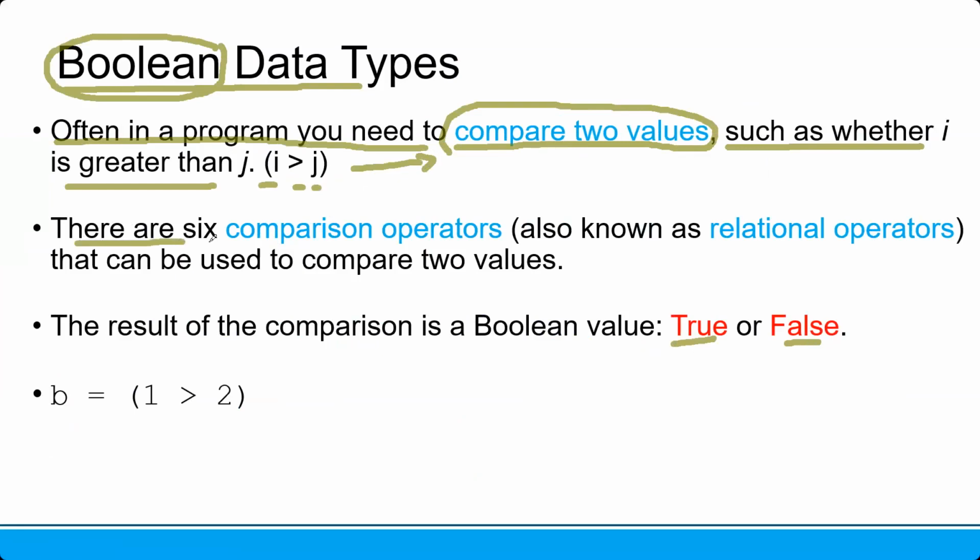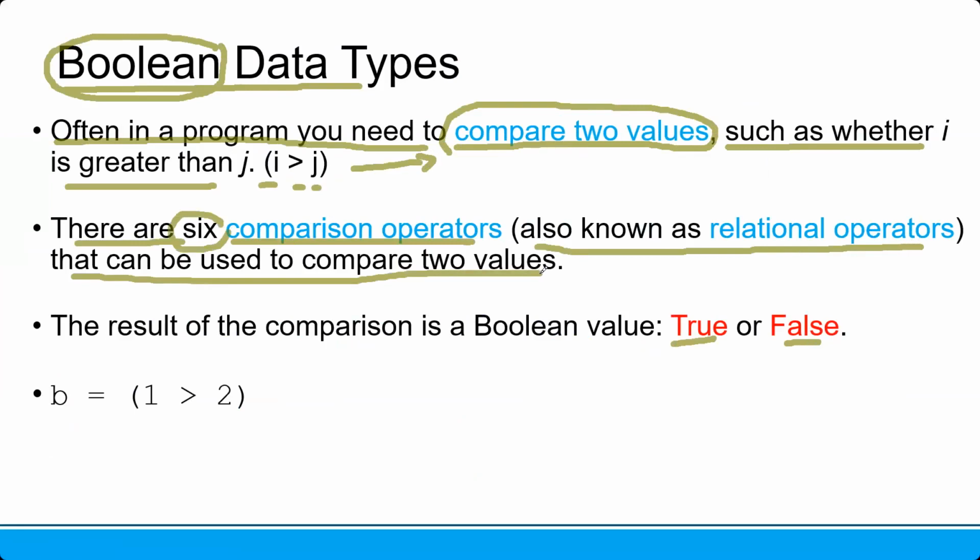So there are 6 comparison operators, or we also known as relational operators, that can be used to compare two values. And the result of the comparison is a Boolean value, whether it is true or false. So I put B equals to 1 greater than 2. The result is,